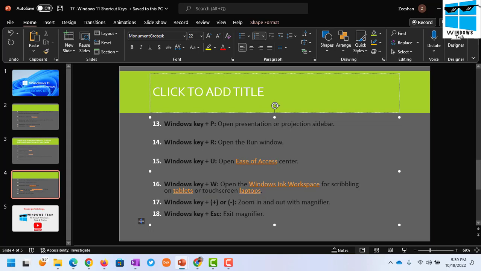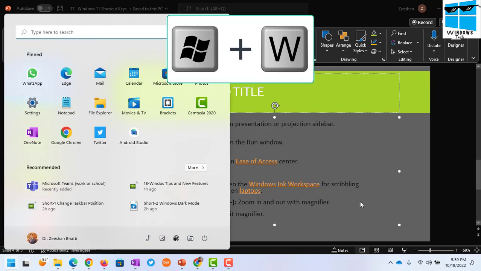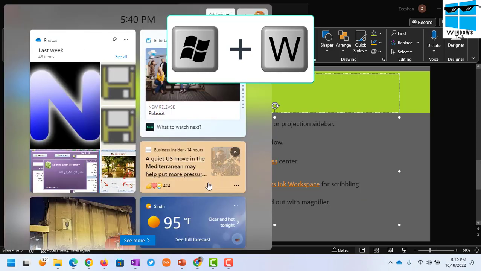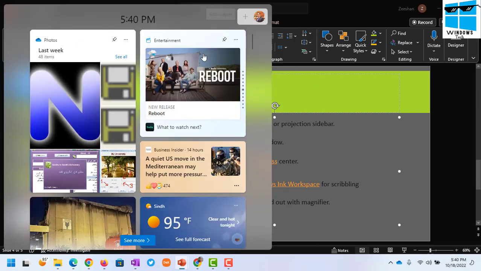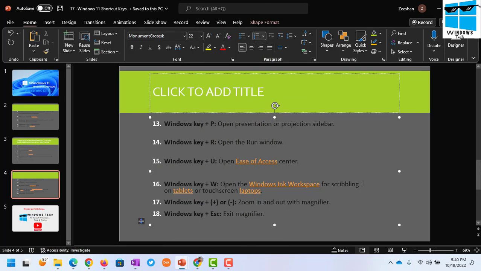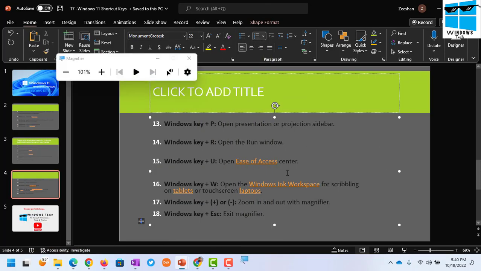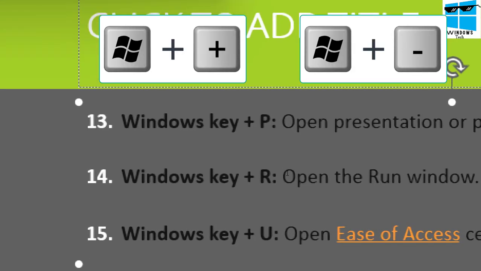Then you have something called the Windows W key. As soon as you press the Windows W key, the workspace will pop up. So if you press the W key again, the widgets menu will pop up and you can use it for that purpose only. You can use Windows plus to zoom into a particular area